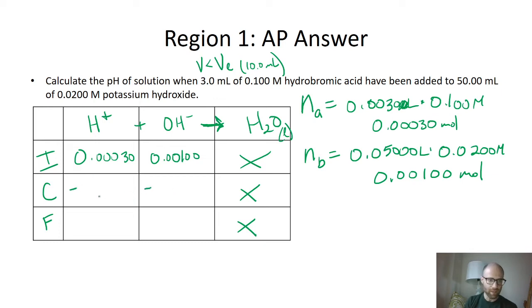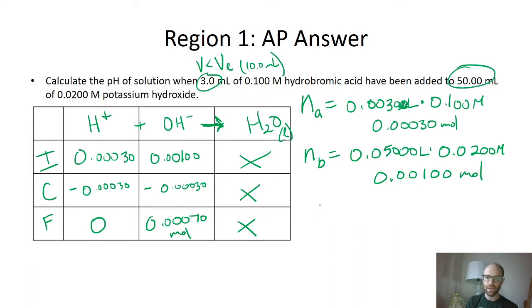obviously the limiting reactant, 0.00030. Yes, we make 0.0003 moles of water. Great. We had plenty of other moles of water there too. And we're left with no acid and 0.00070 moles of hydroxide. But you don't use that number because that's moles and not molarity, and we added 3